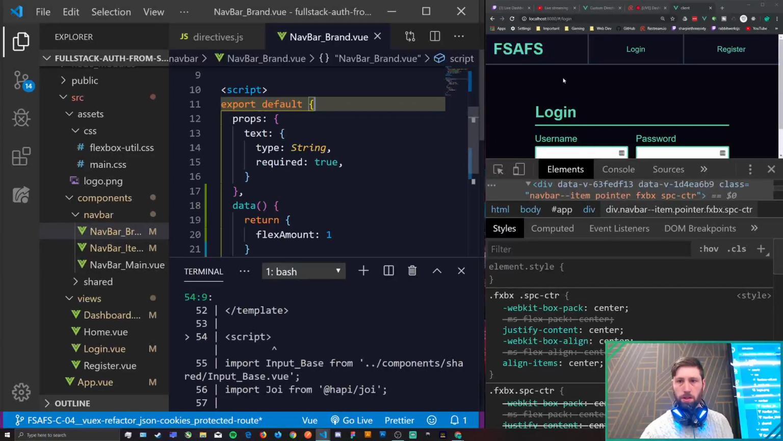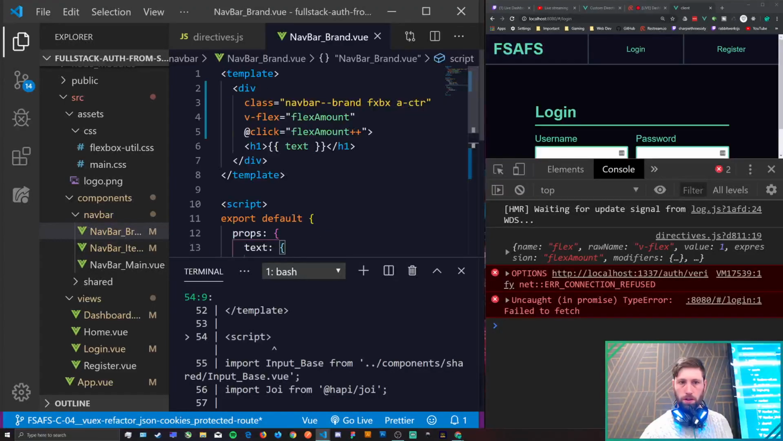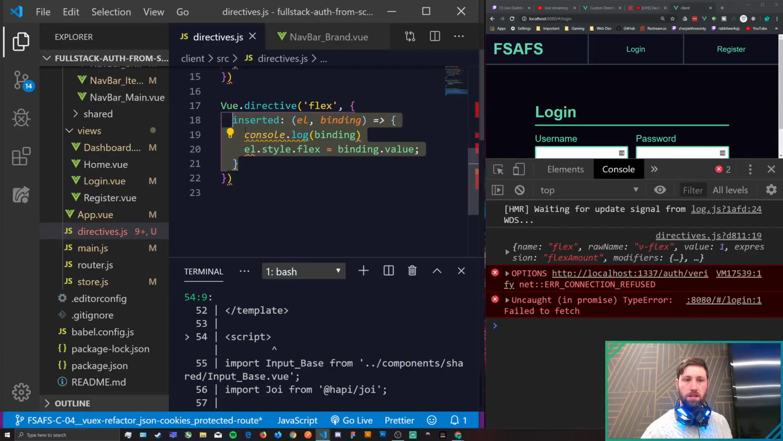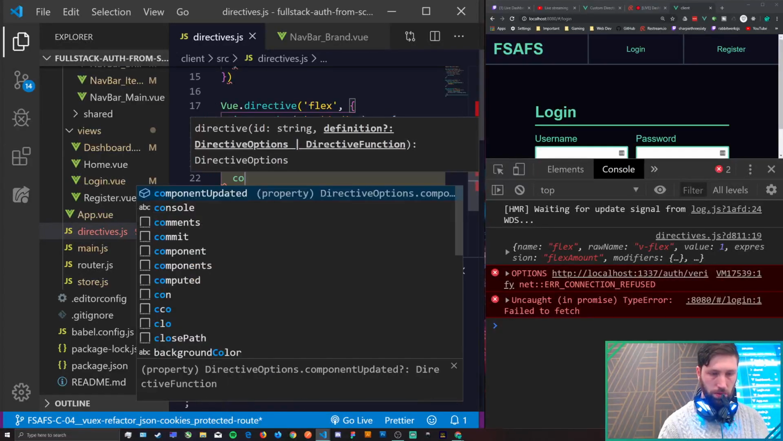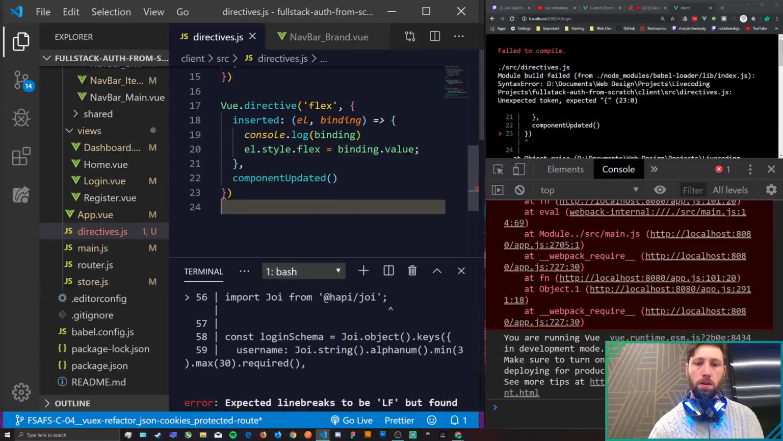I think it needs to be on the updated. Yeah. So this is just applying the style when it gets inserted. What we need to do now is go to component updated and basically write the same thing. So